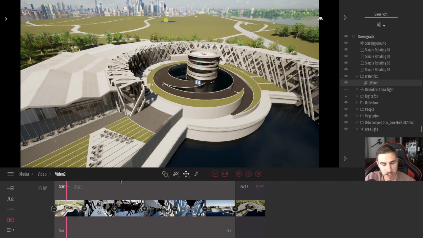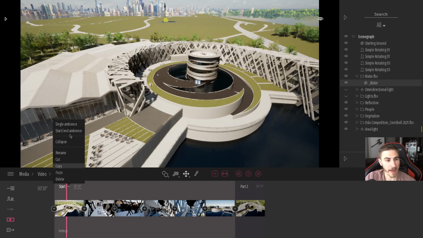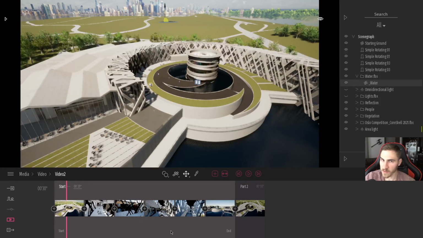Now, it doesn't actually indicate much, but what it does show is you can see here at the bottom, instead of seeing settings, I see Start and End, which is interesting. And it kind of makes sense. If I come back to the menu and I change it back to single, now I just have settings. So again, single is global settings for the whole part, and Start End now is a bit different. It's actually going to give me two different settings, and that actually is at the start and the end. It makes sense. So let's go ahead and give you an example.